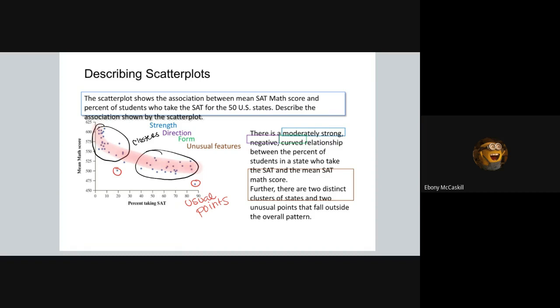I want you to take a moment. If you go to your next page, you have your notes. I'm waiting for someone who needs to copy this down. I want you to look at the next example. See if you can hide the answers and answer the next example on your own. Tell me the strength. Is it strong,